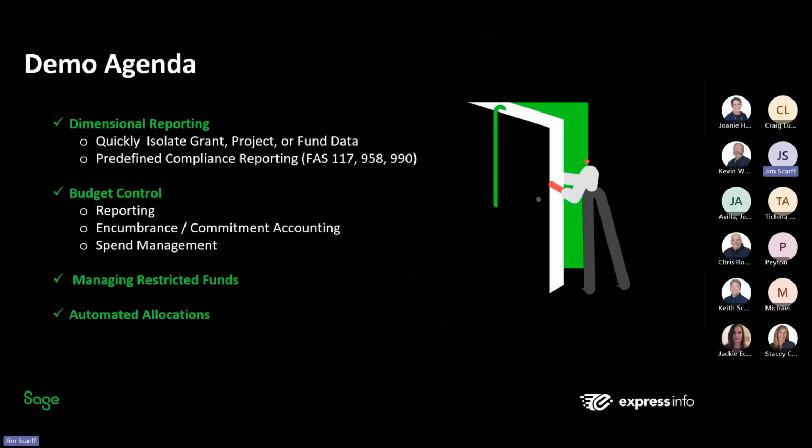All right, so what we're going to talk about today are things that are really important primarily in the reporting area to nonprofits. The ability to quickly isolate grant and project data to get down beyond the account and maybe the department. The system comes with a set of predefined reports, about 42 in all: balance sheets, income statements, cash flow statements, FAS 117, the 990. Budgeting, if you're grant based in particular, can be super important to nonprofits. And so we're going to look at the ability to report against budget,